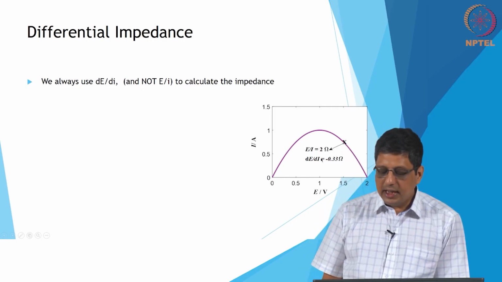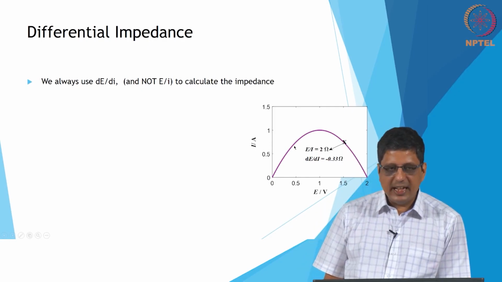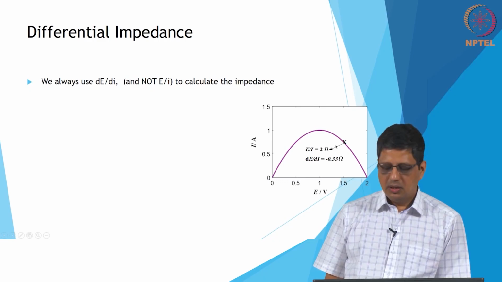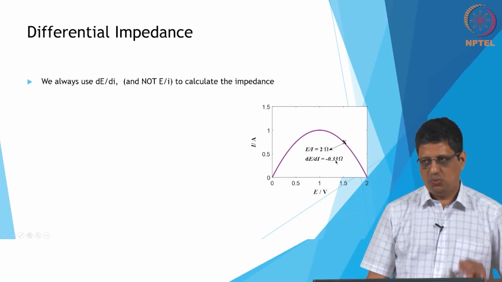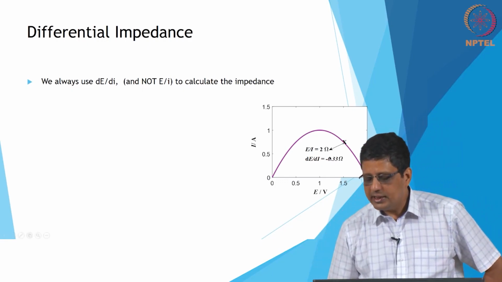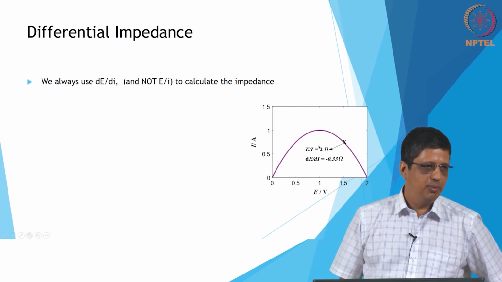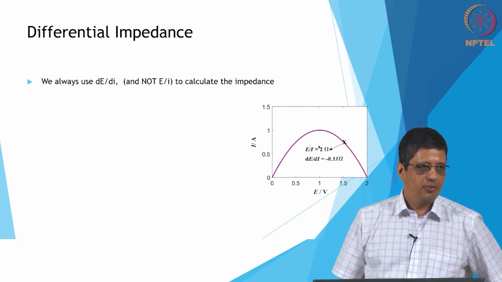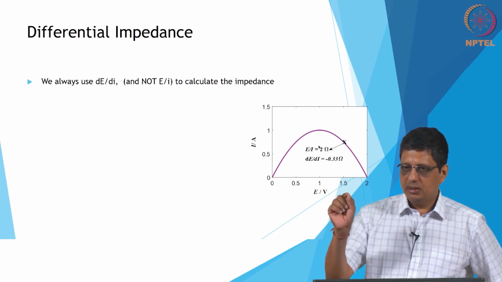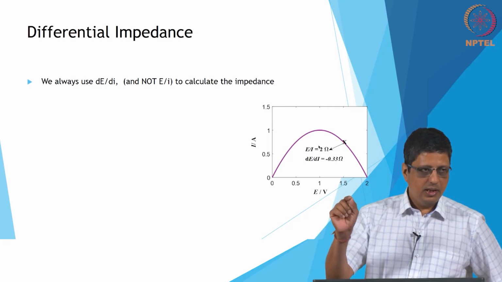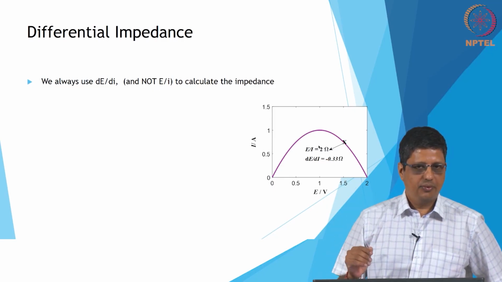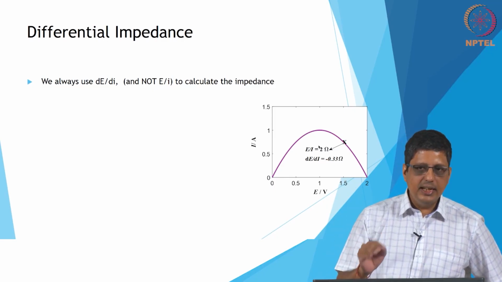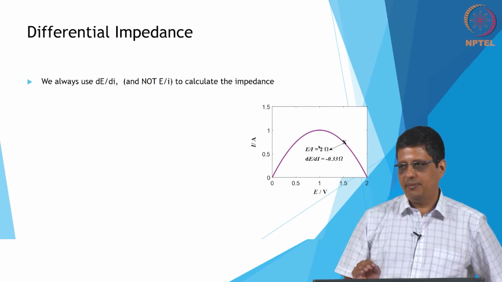If I take the dE by dI, the slope here is going to be dI by dE, correct. dE by dI, I am going to get a value of minus 0.33. First point to notice, it is negative, and then the value is different from the E by I value that we got before, because the slope at a particular location is not going to be equal to the value at that location. Slope is different and the value is different, and what we measure experimentally is dE by dI, it is not E by I,